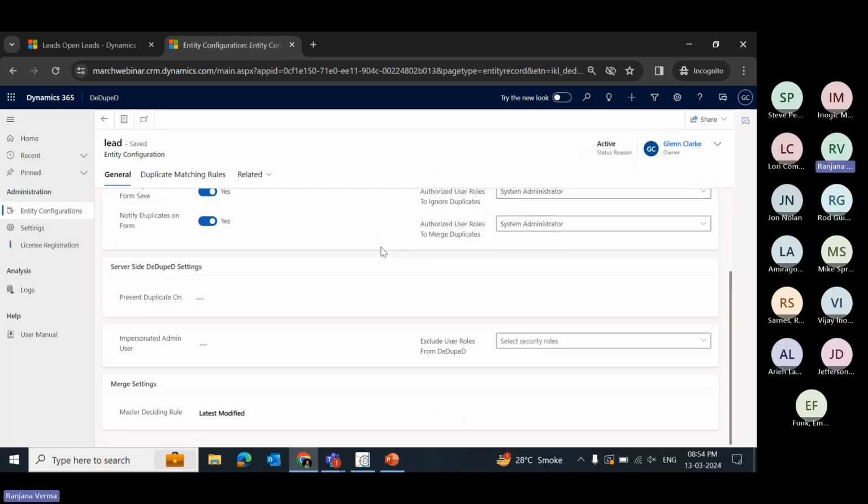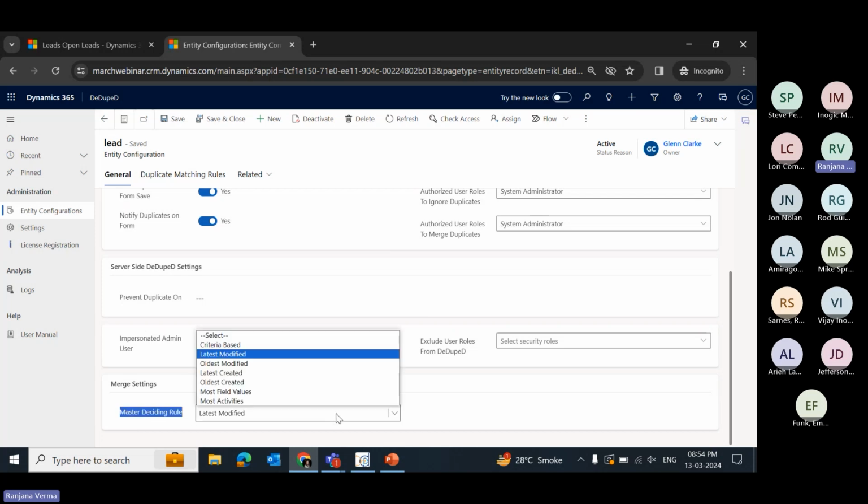Now comes the master deciding rule, right? How do you decide the masters? Who should be the master over here in the tool? Here we have all these options which can be termed as master. If you want the latest modified one to be master, you can do that. If you want the first one that you had modified in the past to be the master, you can select that. So latest created, oldest created, you can select all of these. My personal two favorite ones are these: